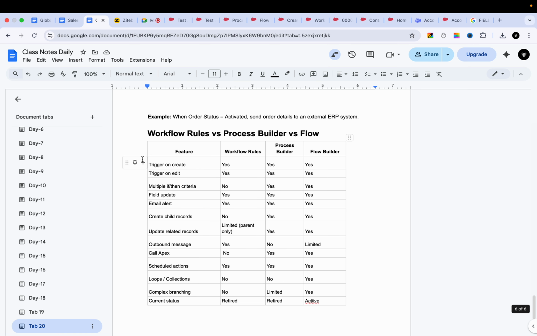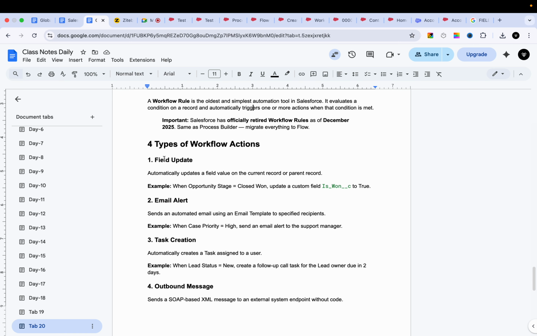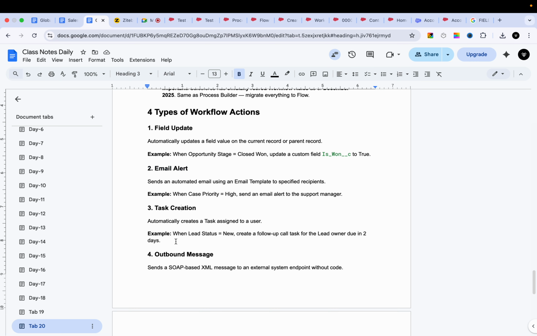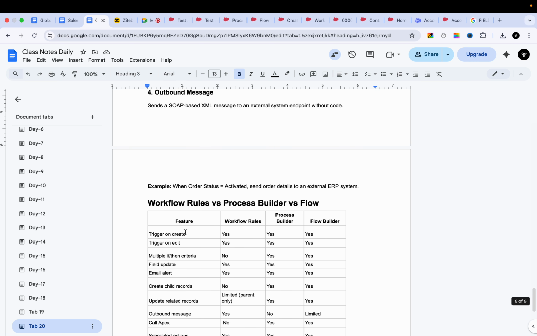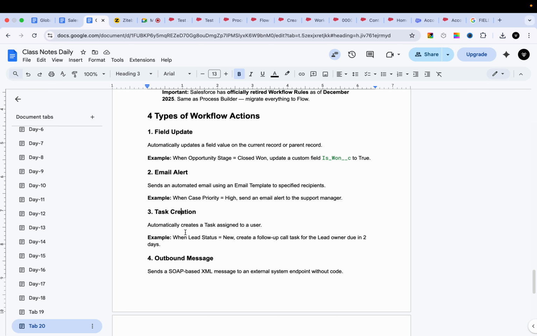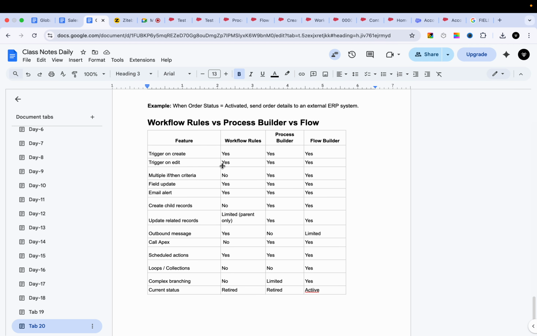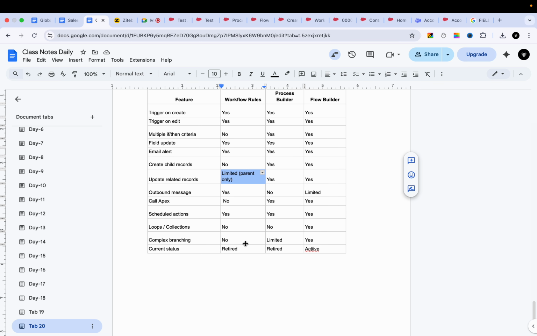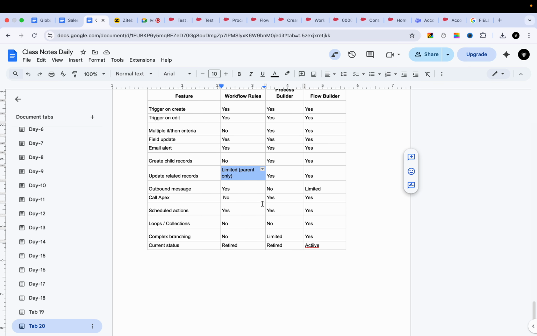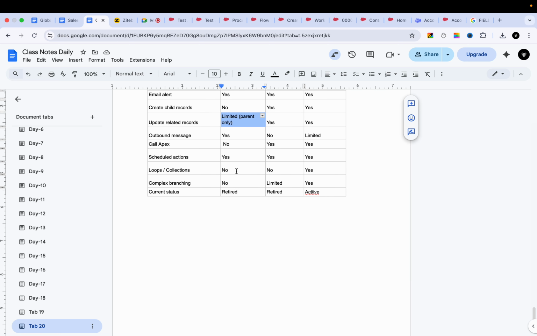Because you will have very limited actions in workflows. You can do field updates, email alerts, task creations, and outbound messages, and everything can be done in flows too. Only four actions can be done using workflows. This is the comparison you can have a look at between workflow rules, Process Builder, and flows. Creating records is not possible in workflow, but possible in Process Builder and flows. Same for calling Apex and scheduled actions. Loops are not supported in